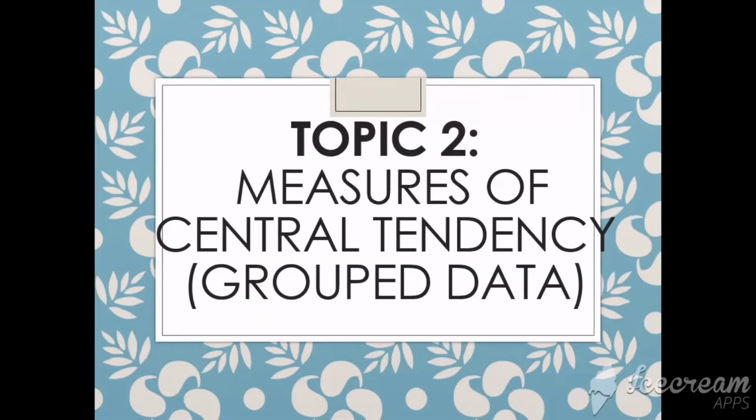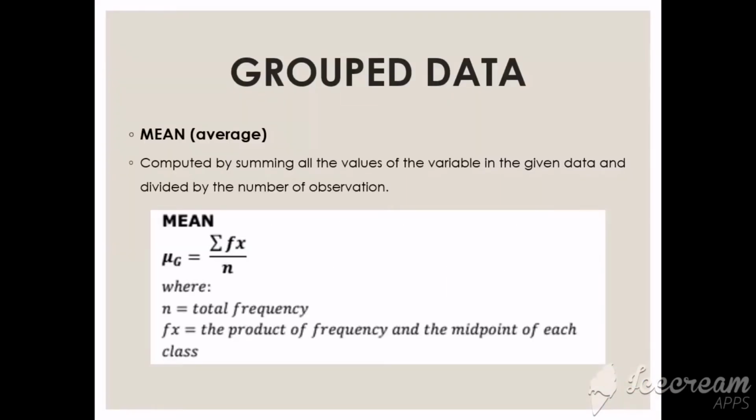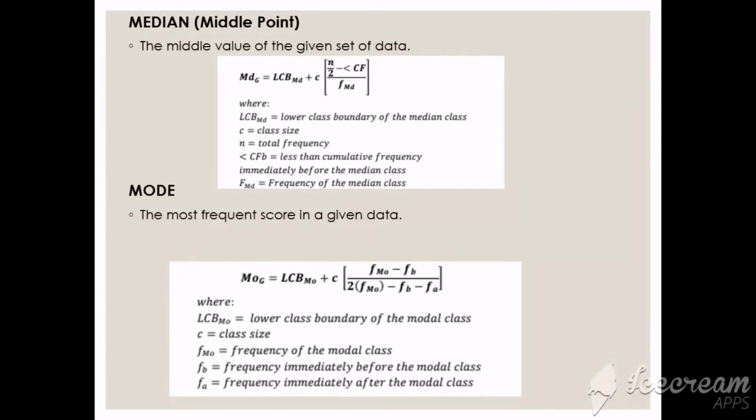So next we're going to proceed with the second topic, which is the measures of central tendency for grouped data. So in the mean, we have the different formula for the mean, which is mean equals summation of f of x over n. Next, the median: we are going to use the formula median is equal to LCB